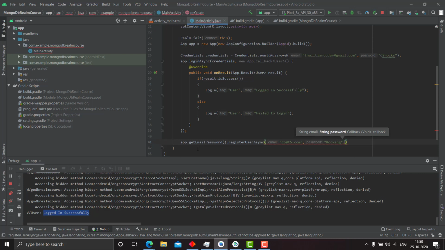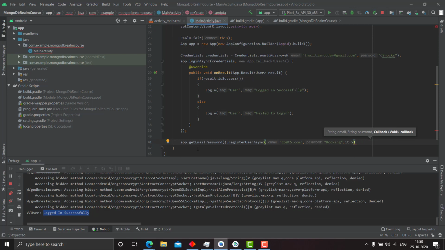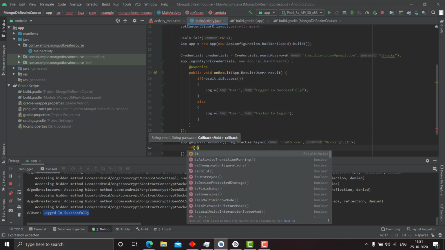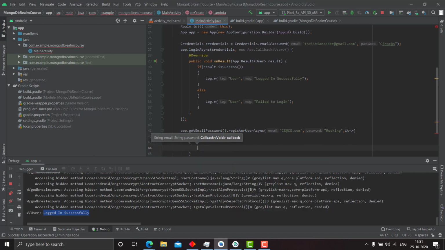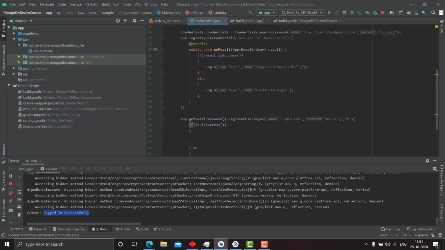And then there will be an it arrow. This will be a callback function. So if it.isSuccess, then we do something, else we do something. You can also write this callback function like what we wrote here, App.Callback of User. But let's continue with this for now. And if it is success, we write Log.v, user registered with email successfully,